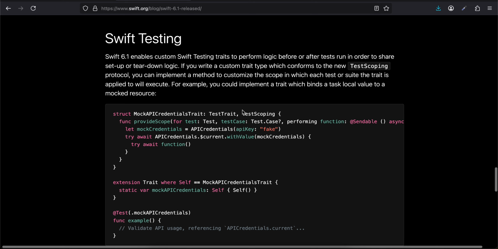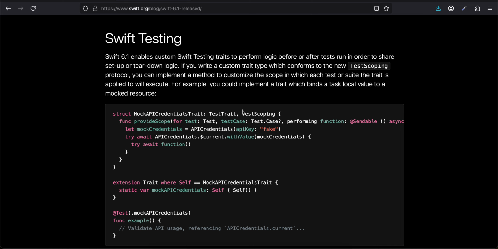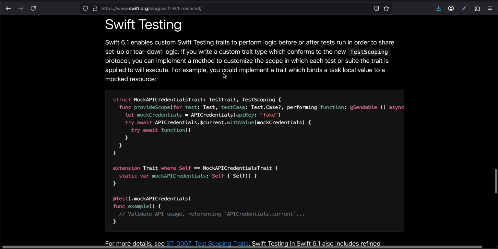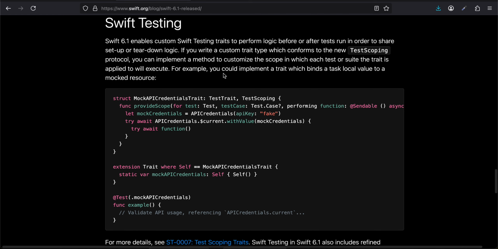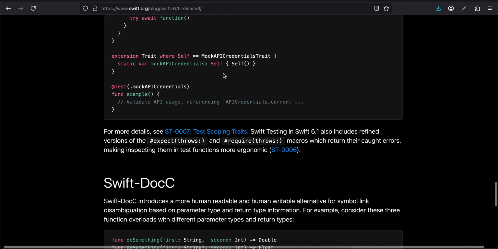Swift Testing. Swift 6.1 enables custom Swift Testing traits to perform logic before or after a test runs in order to share setup or teardown logic. If you write a custom trait type which conforms to the new TestScoping protocol, you can implement a method to customize the scope in which each test or suite the trait is applied to will execute. For example, you could implement a trait which binds a task local value to a mocked resource. For more details, see